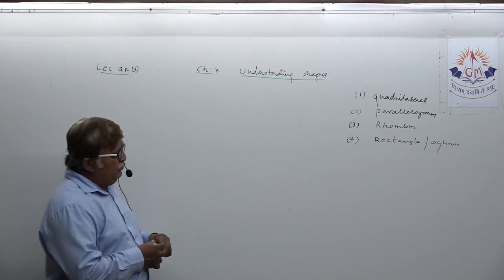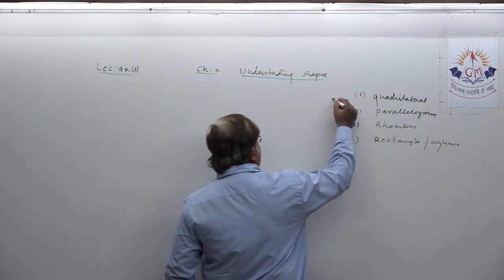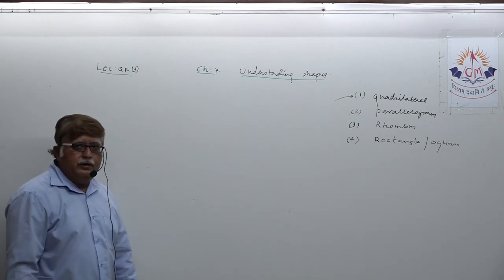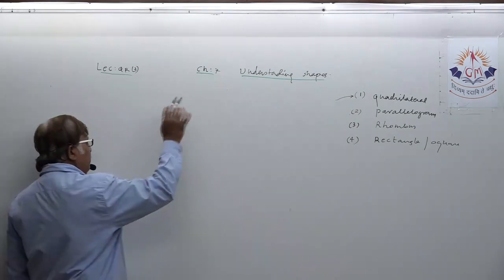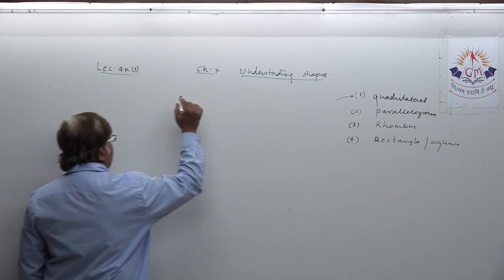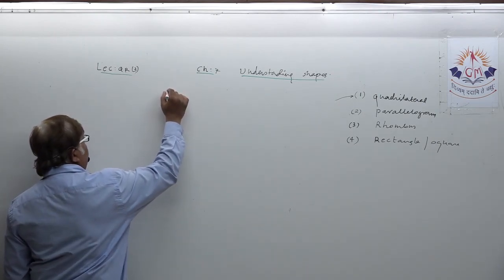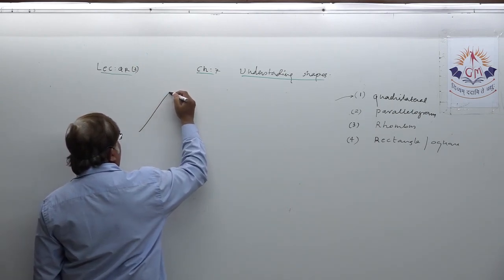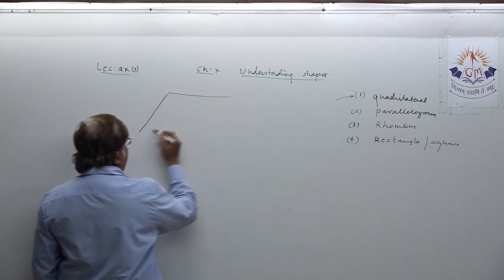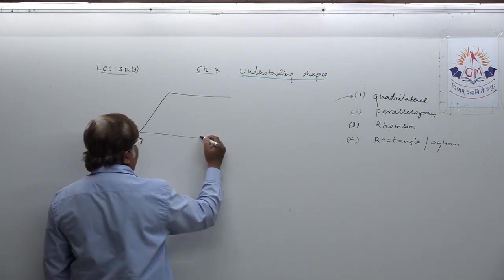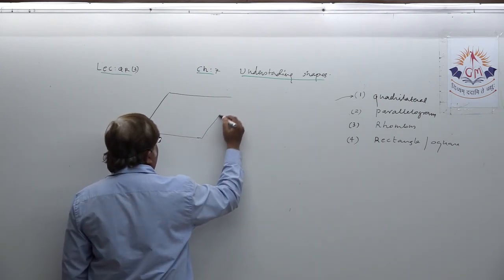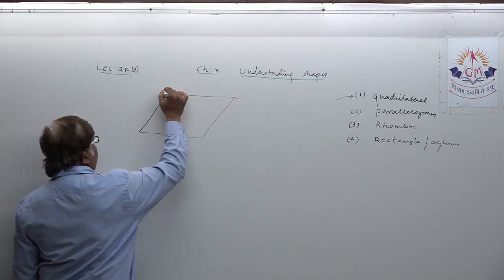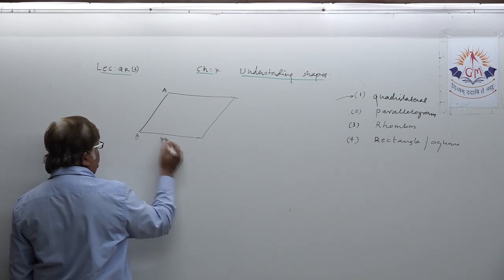So first we will definitely target our discussion on quadrilateral in general only. Your concentration has to be here. Suppose I draw one quadrilateral. Generally, we will practice drawing a quadrilateral in this format only. Suppose this is a quadrilateral, and I mention the name of this quadrilateral as ABCD.